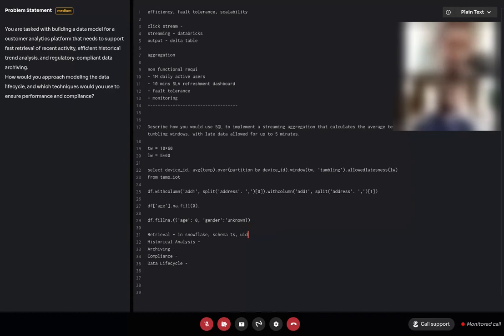So what I'm thinking is to create a schema where the data is partitioned and clustered using timestamp and UID in the table.